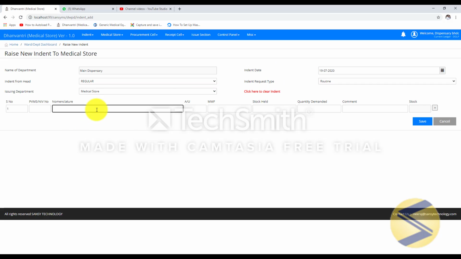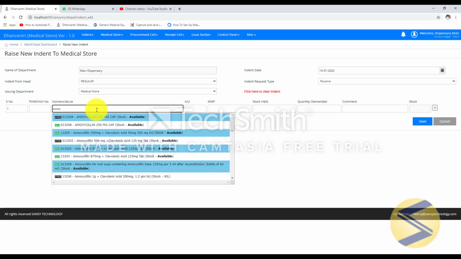To add a item into indent, you can search item by nomenclature as well as PVMS number. So I'll try to find some item. As you can see, I just enter 4 letter of amoxicillin and I got a list of all amoxicillin along with the combinations.